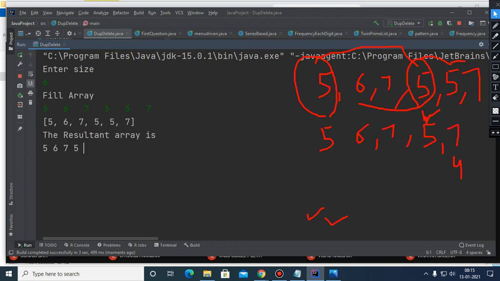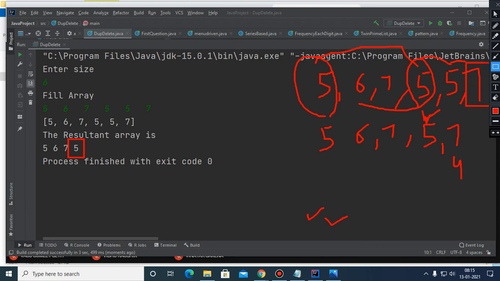Now you will see that this element 5 managed to escape. And the duplicate of this 7 got deleted just because only one single element is there, and in continuous position 7 was not there, so the concept is okay.